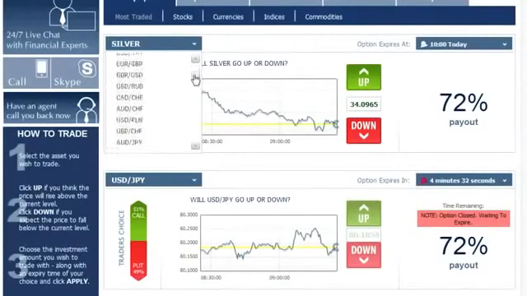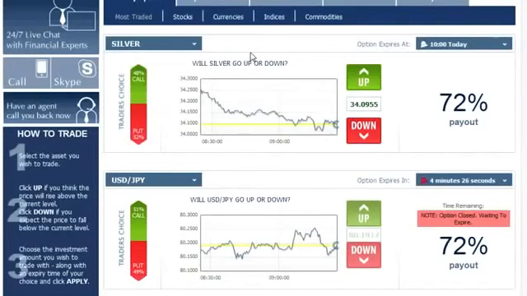Now, I'm looking at the list. It seems that the option doesn't exist in this platform. Now would be a good time to remind you that it's important to have an account at 2 or 3 different binary brokers. So if a certain asset is missing from one, you'll have it in the other one. That way you can maximize your profits by trading simultaneously on several brokers. So now let's go back to the graphs.